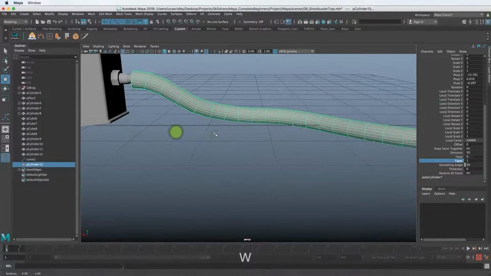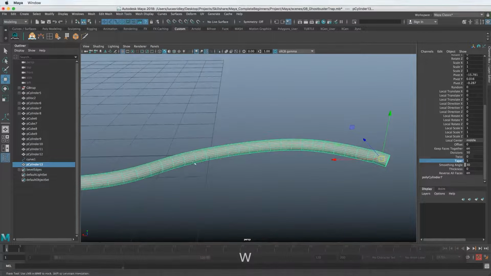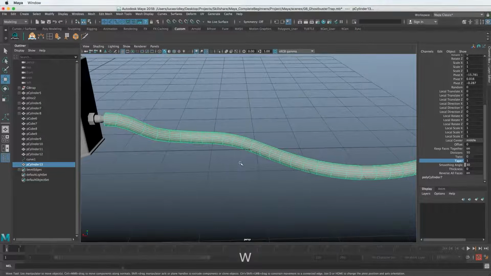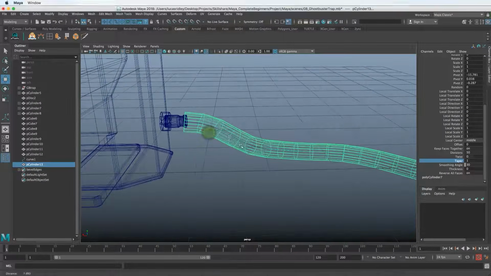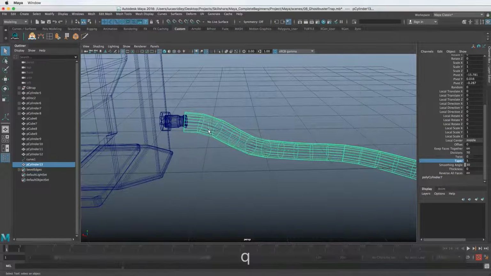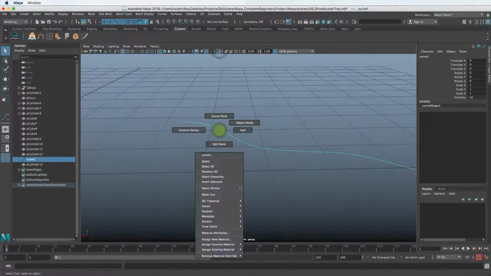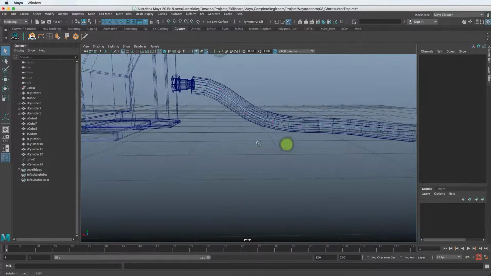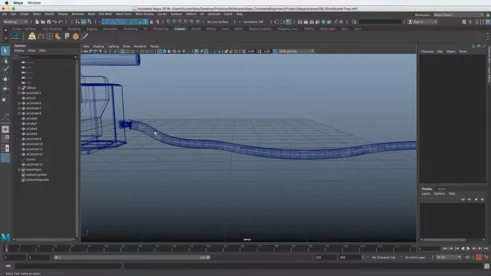And the thing to keep in mind is these subdivisions are based off the distribution of the CVs in the curve. So if we hadn't rebuilt the curve, the distribution here would have been not as accurate. You can see here there are less edges because there's less points in the curve. If I isolate it so I can right click on it, go control vertex, you can see that there's a big gap here between these two. So that'll be reflected in the edges of the cylinder. There's less here than there are over here.